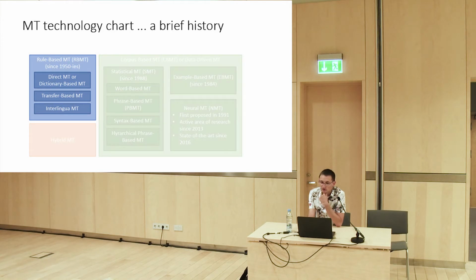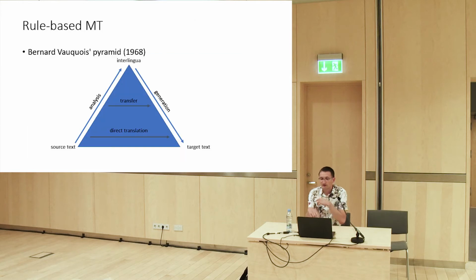So let's start about rule-based machine translation. There are three levels of how rule-based machine translation systems work, depending on how much effort we put into developing the methods. So the first and basic level is direct translation. So you have to have a dictionary for